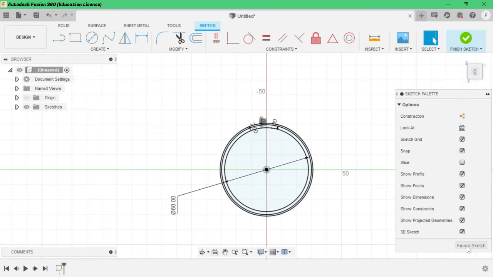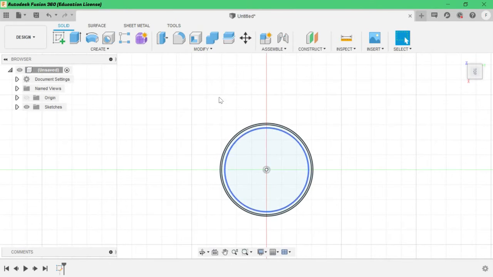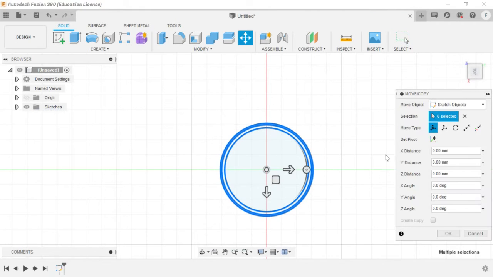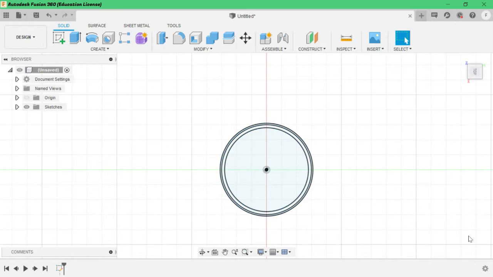You can't click finish sketch and copy like this, because see, if we select move copy, the copy tool won't appear, only the move tool will appear. So cancel, and you have to go to the sketch plane, because this is a sketch. You can do any modifications on the sketch plane only, not on the solid, 3D plane.